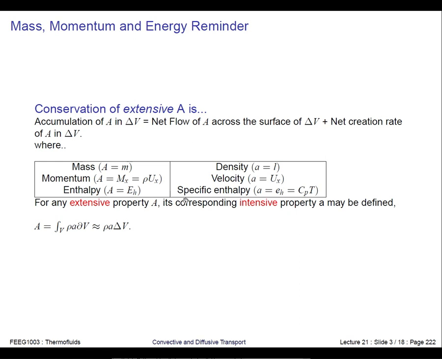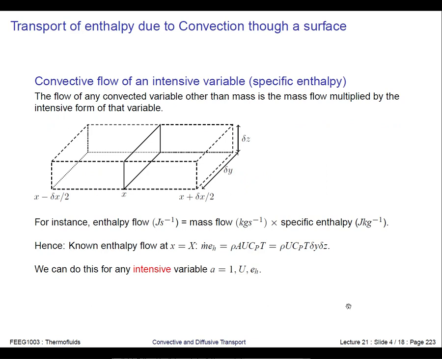And enthalpy in terms of energy per unit mass. Okay, these two things can be related by this equation here, which we've come across before. So we use intensive variables to define these fluxes, and this is where they're useful, and this is why we like them. So classic example, let's say we've got two large plates at two different Z positions, and we've got